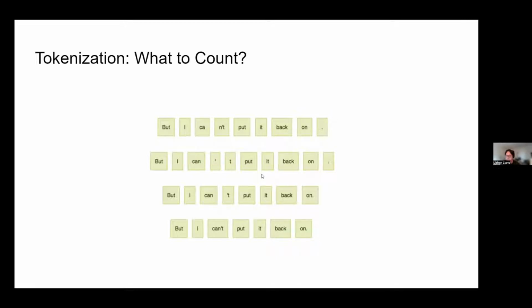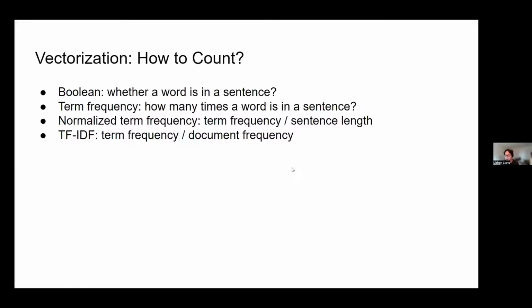And the main difference here, I think, would be how the tokenizers deal with the apostrophe and the punctuation. So after deciding what to count, for vectorizing, we will need to decide how to count. There are also many ways that we could count the tokens.